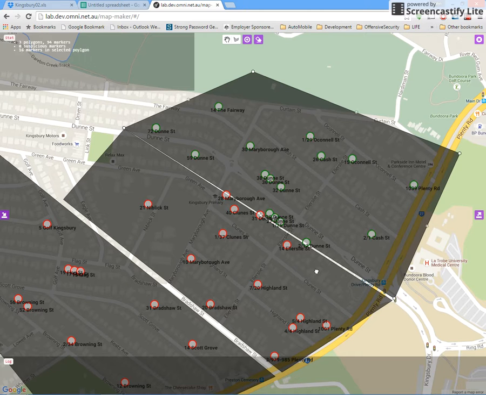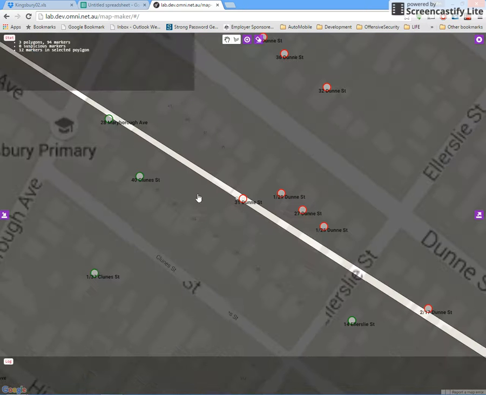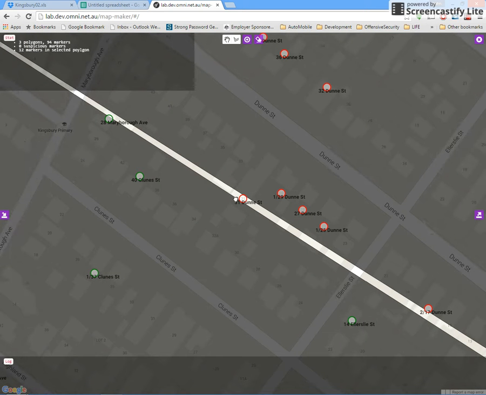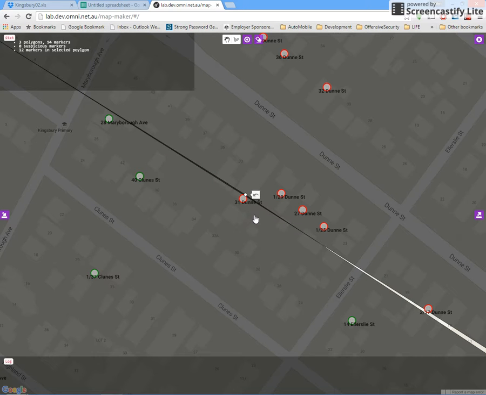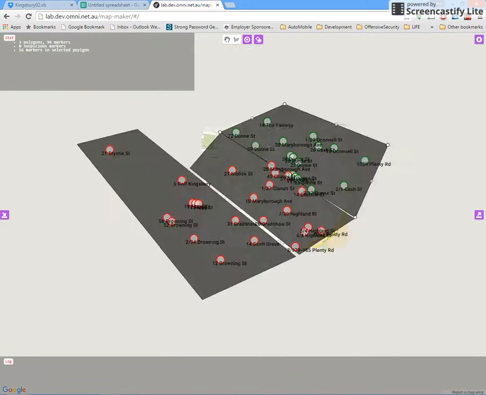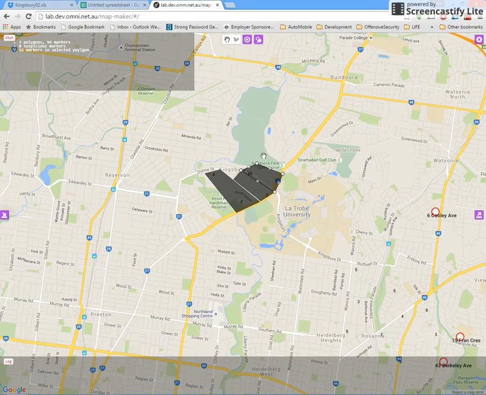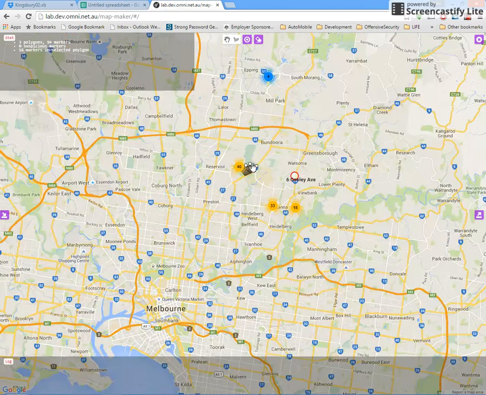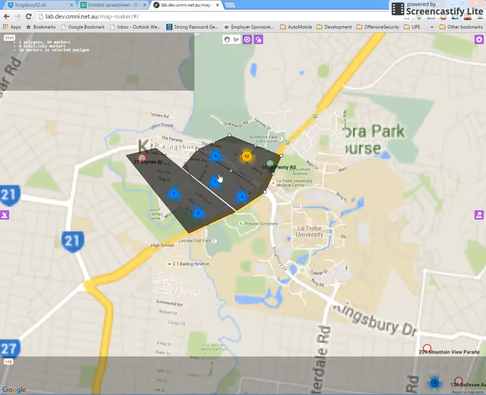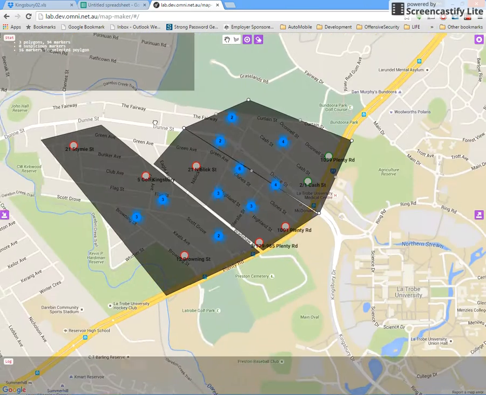Then this one is excluded and this one is included. Yeah, this house is a little bit. 13, 16. Then 4, yeah, 40s. Oh, and what is next?